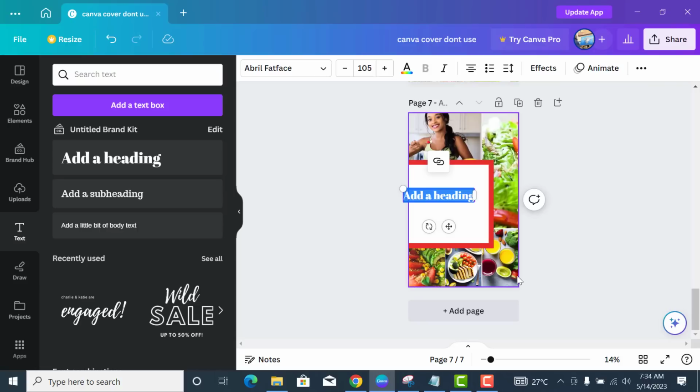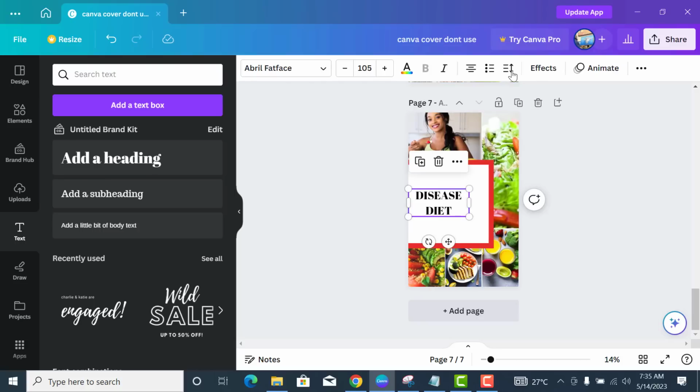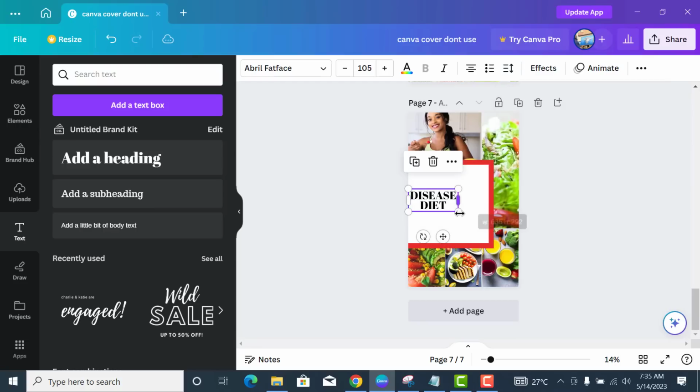I don't want to use this particular one to write kidney, so let me use it to write disease diet. So, disease diet. Remember the space in between them is too much. Just click on it, click on this spacing. You see this one that says line spacing, reduce it until you get your desired result. Then you set it to where you would want it to be. As you can see, this is disease